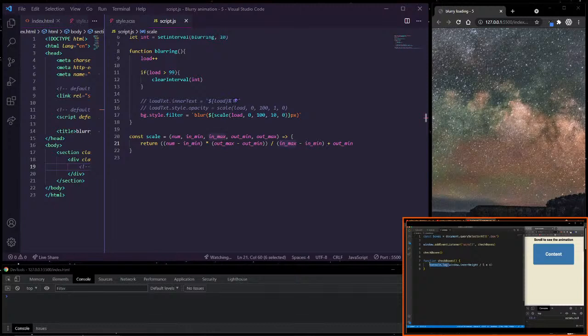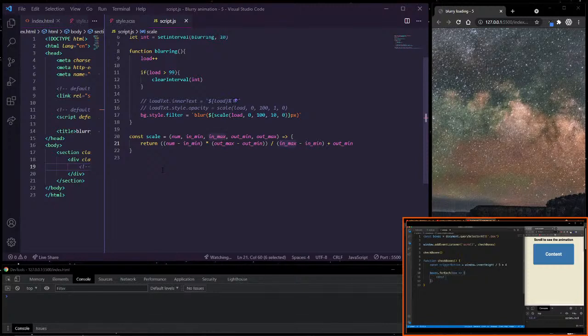So I'm actually going to put this into a variable. We'll call it trigger bottom. So where in the window do we want it to trigger? So we have that. Now let's go ahead and take our boxes, which we brought in, which is a node list that we can loop through. And we'll say for each box,